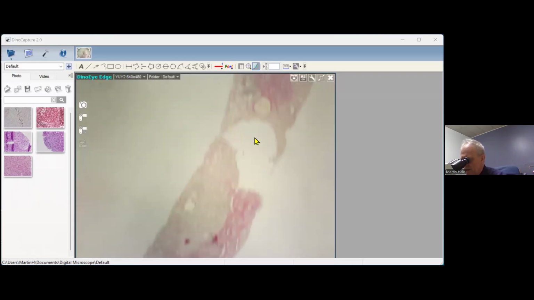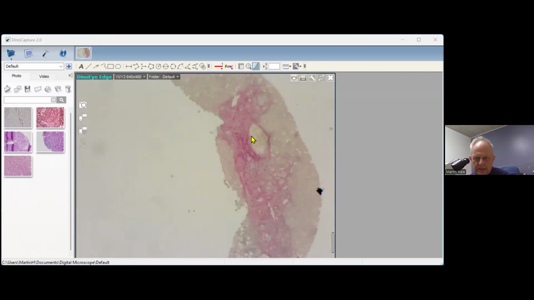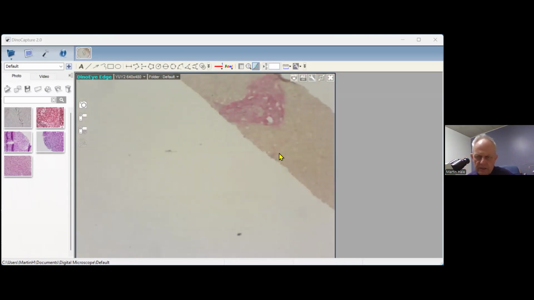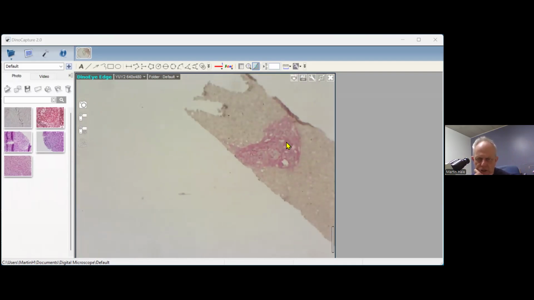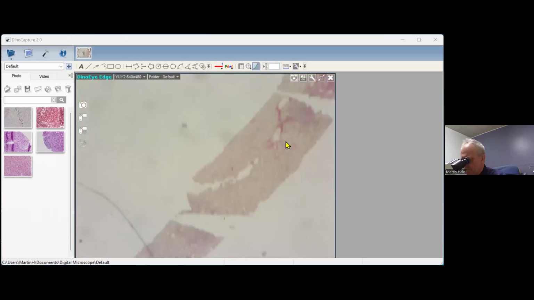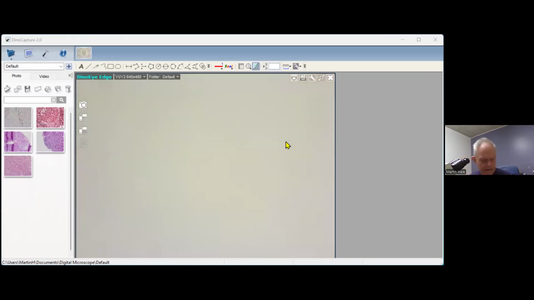And if we look at the Sirius red stain, the red is the collagen. So you can see the expansion of the portal tracts, broad expanses, that other area there where you've got this expansion of the fibrous tissue in the portal tract. But I don't think there's definitive architectural distortion. Certainly it's F2 fibrosis. And if we go back to the H&E,